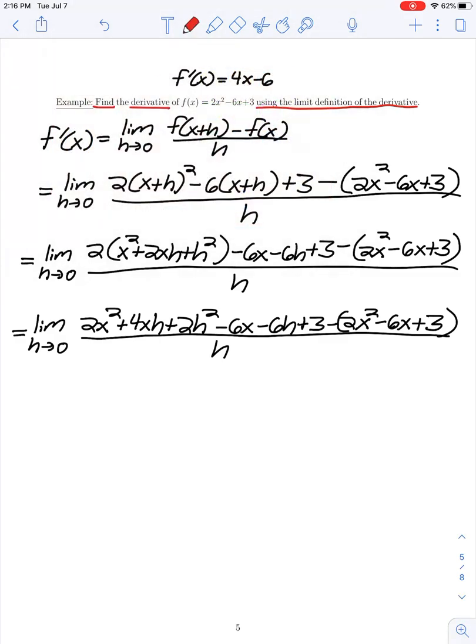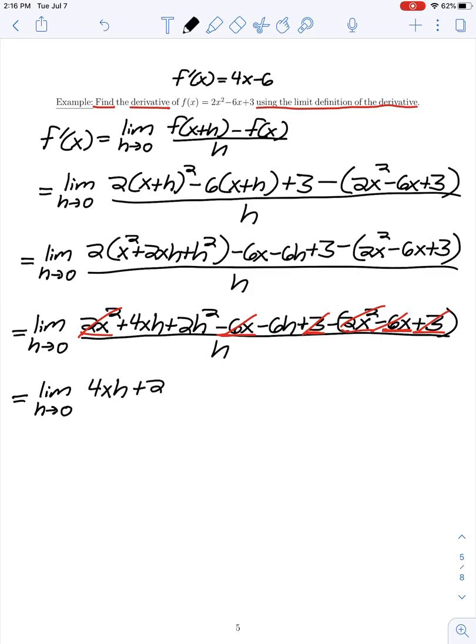So in the numerator, let's see which terms will cancel. We have 2x, and then we're subtracting 2x, so those terms will cancel. We had a negative 6x, and then we're subtracting a negative 6x, or adding 6x, so those terms will cancel. And lastly, our constants, we had a 3, and then we're subtracting 3. Those terms will cancel. And so we are left with the limit as h approaches 0 of